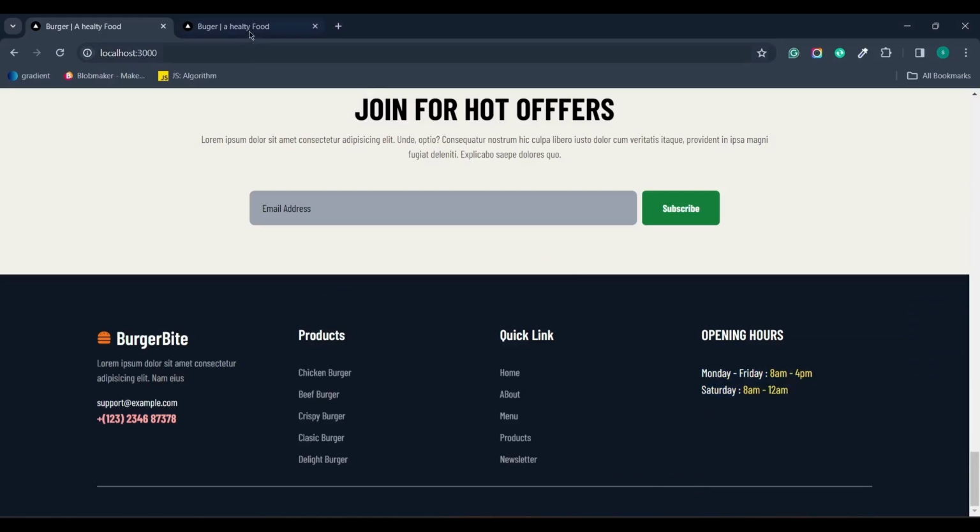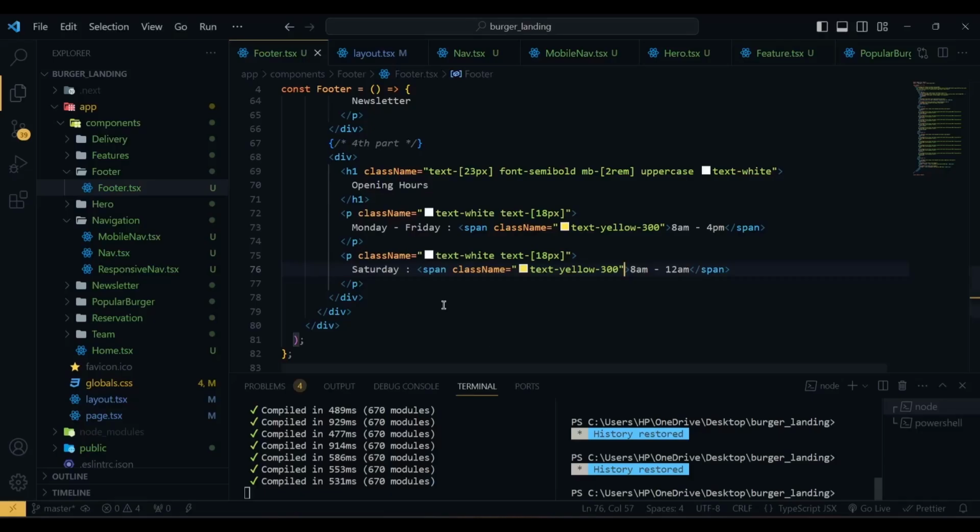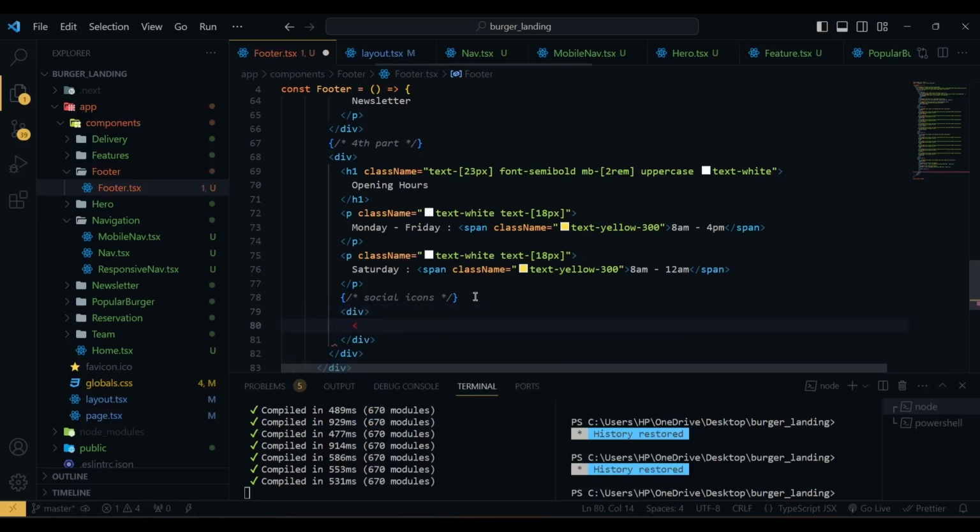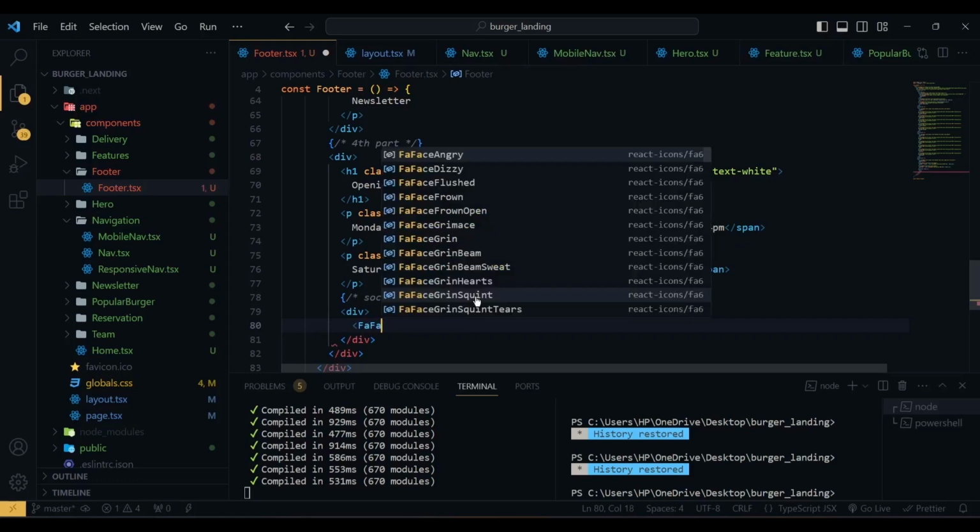So this is our working time. Then we have our social icons. So after this p tag, we have social icons. So I'm going to create another div, and inside this div we have three icons. One is Facebook icon,